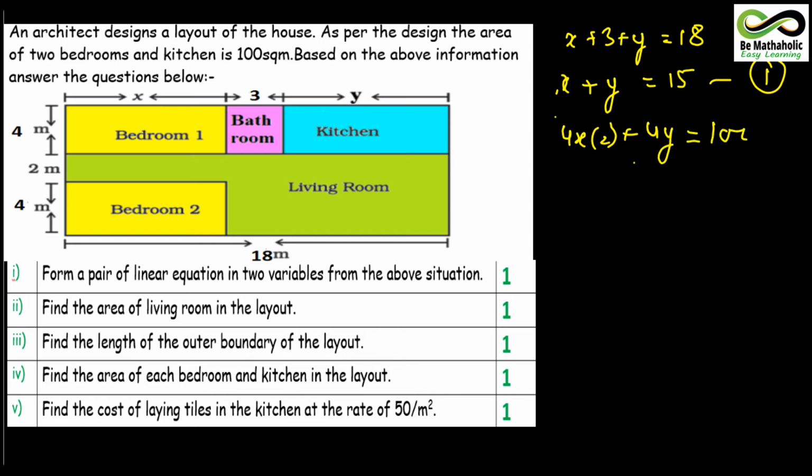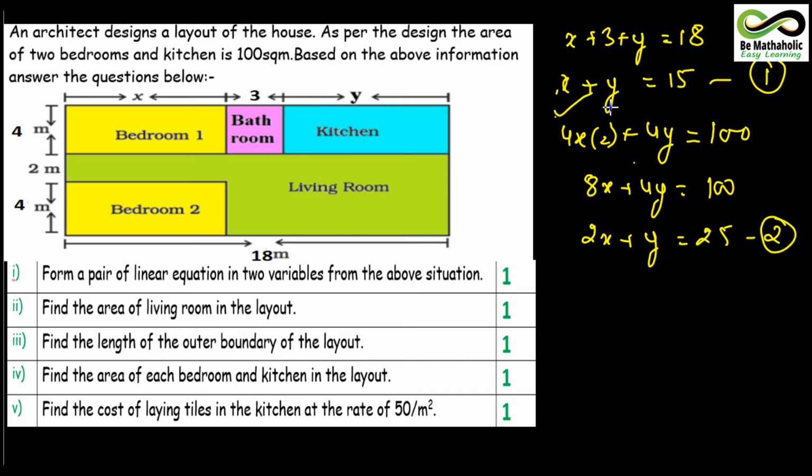Together it is equal to 100 square units. So the equation you will have will be 8x plus 4y equals 100. You can simplify it. Please see that if any term is taken common, you can reduce the equation to get it easier. So take 4 common, it will be 2x plus y equals 25. So this will be your equation 2.